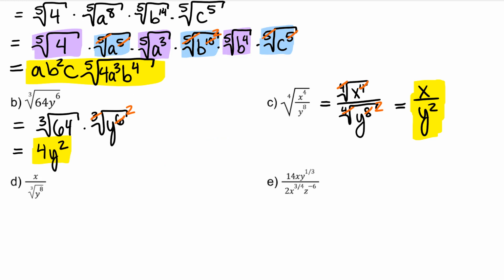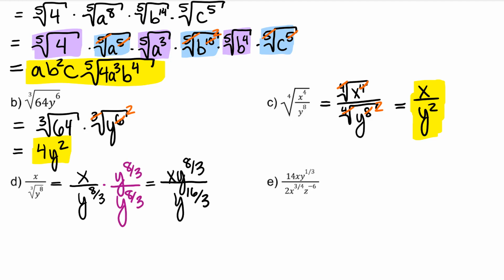For part D, we have a root in the denominator. Rewrite as a rational exponent. The problem is we can't have a root in the denominator, so we need to rationalize. Usually when we're rationalizing, we just multiply by the denominator and then everything's okay. But 16 divided by 3 is not an integer, which means I still have a rational exponent or a root